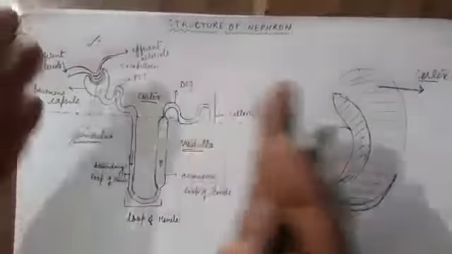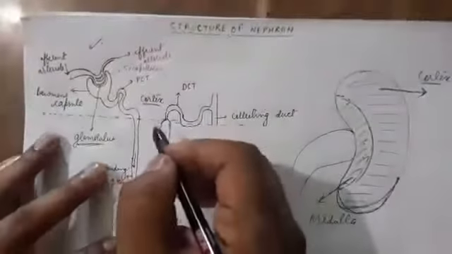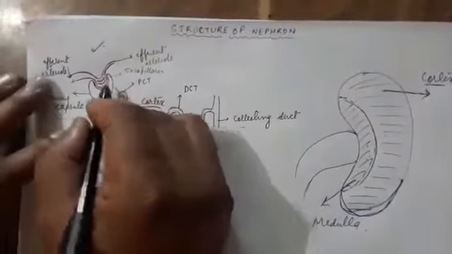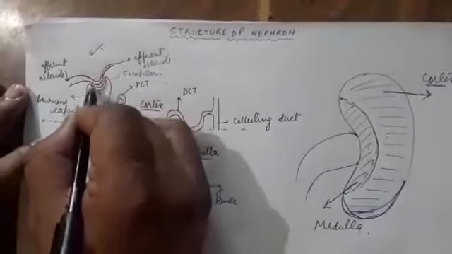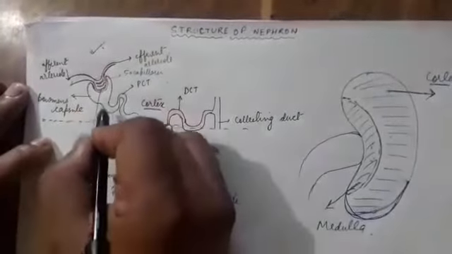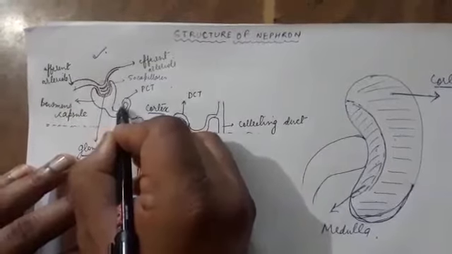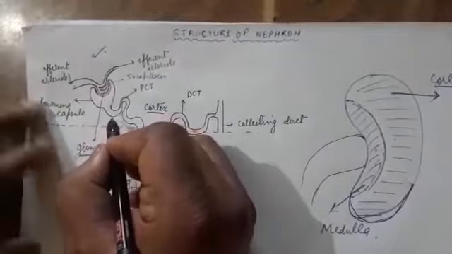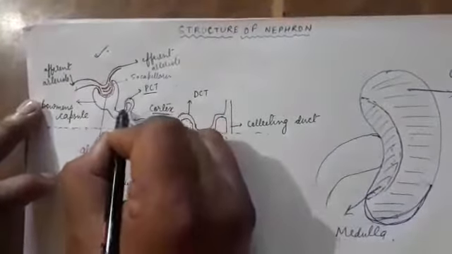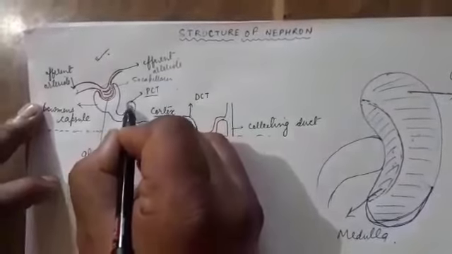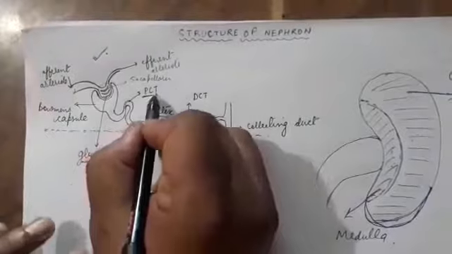That we will be discussing at the end of the explanation of this structure of nephron. Okay, so which we have just seen, this cup shaped cavity is called Bowman's capsule. This tuft of capillaries is called glomerulus. Now we will be moving a little bit further. This pipe like structure which is highly coiled, which is coming out from the Bowman's capsule, is called PCT. This first coiled structure is called PCT. PCT means proximal convoluted tubule.